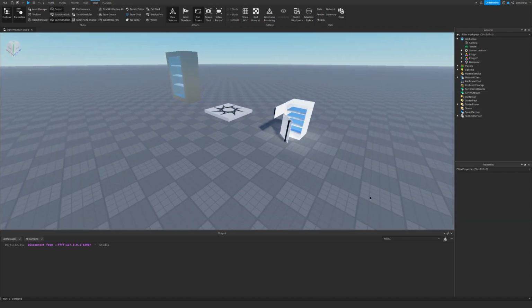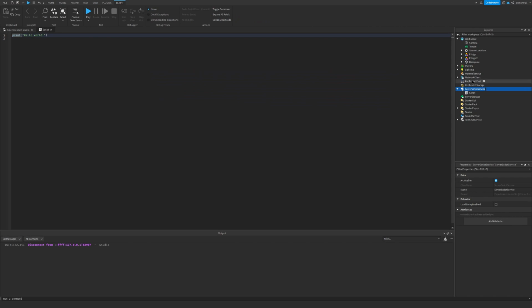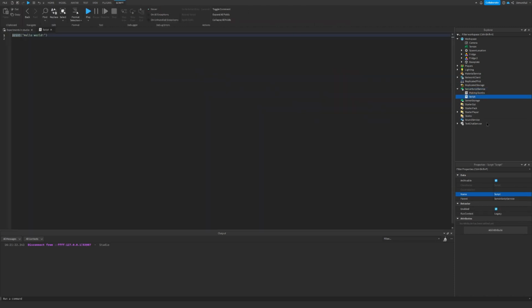At first, how do you make a script? Actually, it's really simple. You go over here in your Explorer, and we will be doing the things in the ServerScriptService. So what is the ServerScriptService? It is basically the place to store all your scripts. That means, for example, this script is going to be making bombs, and the other script is going to be